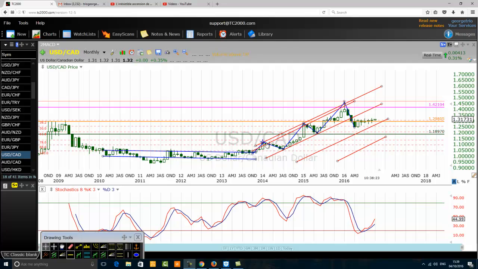5 waves here: first wave, second wave, third wave, fourth wave, and the fifth wave. This is a preliminary wave count. All right. So we know that at the end of the fifth wave, if a zigzag pattern is being formed, very often that zigzag pattern will, the first part of the zigzag pattern,